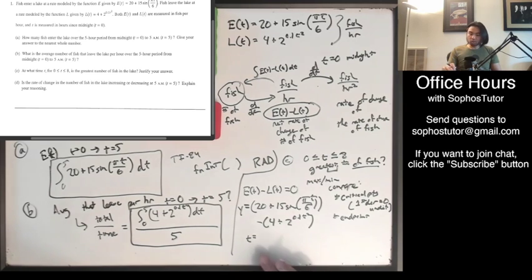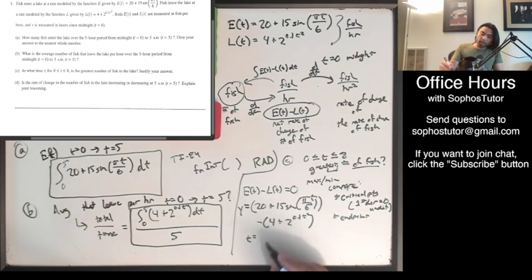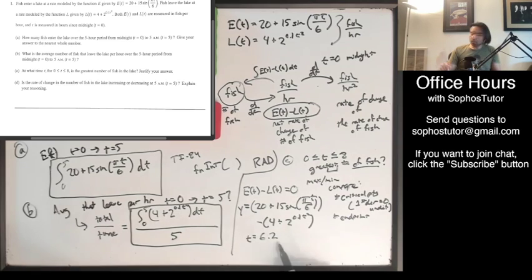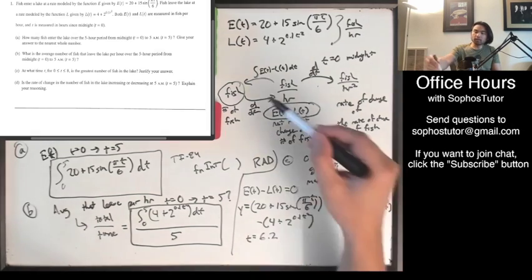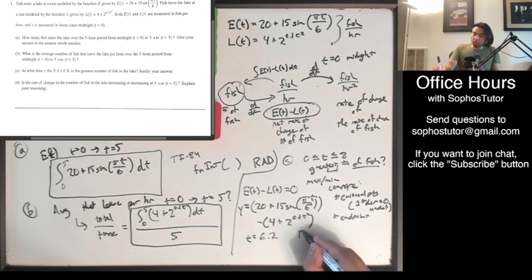Okay, so the solution that we get here for where this rate is equal to 0 is 6.2. Now, we haven't determined whether this is a max or min yet. And we also don't know what this original function of fish really is. So how could we determine whether this is a max or a min? Well, we remember that according to the extrema value theorem,